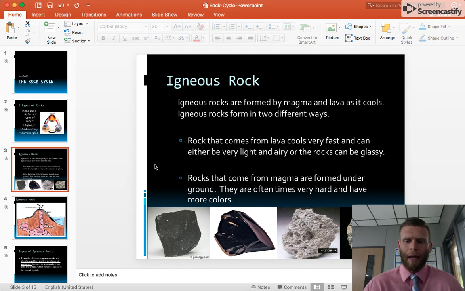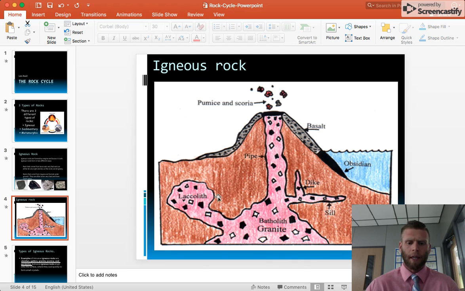Rocks that come from magma are formed underground. So if it's magma, it's in the ground. If it's lava, it's above ground. So igneous rocks either form above the ground from lava or below the ground from magma. If it's formed underground, it's much harder and has more different color than the lava formed rocks. So we can see here how granite is formed at the bottom. Then you have obsidian and basalt. These obsidian and basalt up here are going to be formed from the lava because it's above ground,